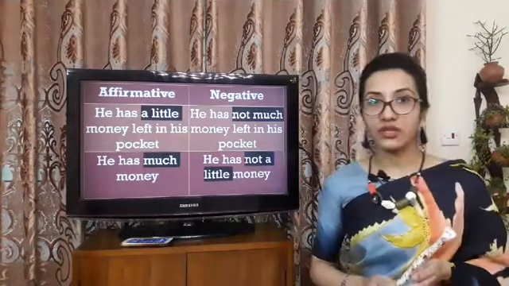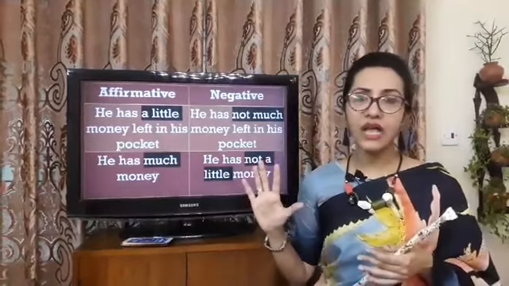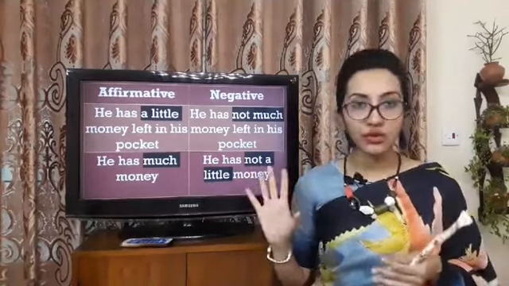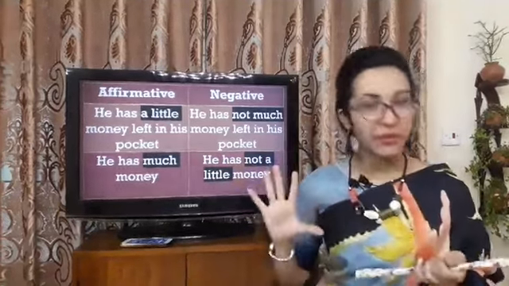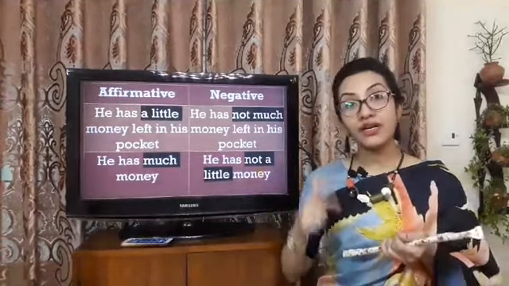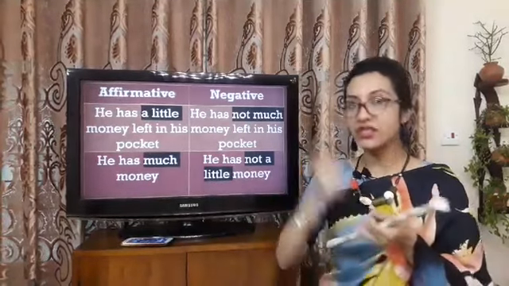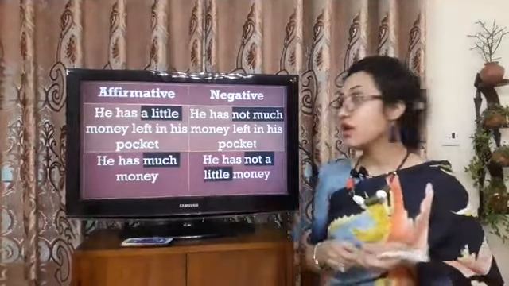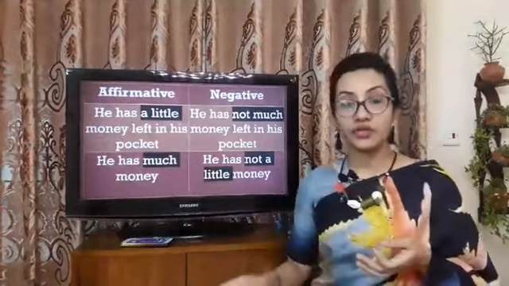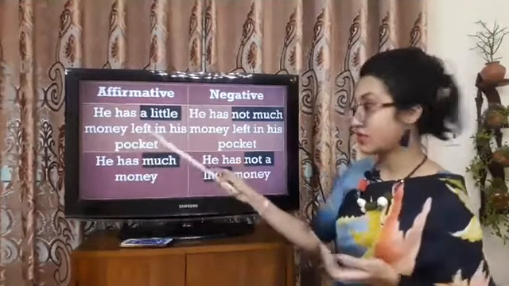Money কিন্তু uncountable noun. কারণ কি, মানিটা হচ্ছে ধরো আমার কাছে 5টা নোট আছে, 5টা হচ্ছে 100 টাকার নোট. So I can just count 1 2 3 4 5. আসলে কি আমার কাছে 5 টাকা আছে? No. আমার কাছে আছে 100 into 5, 500. So that means it's uncountable. I can't just count it like 1 2 3 4. No, it's not like that. So money is uncountable, and with this uncountable noun money, we have used the adjective a